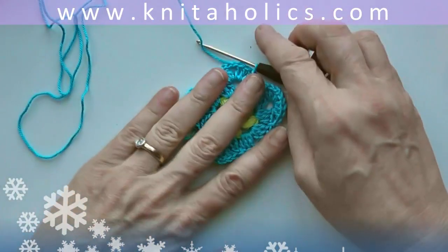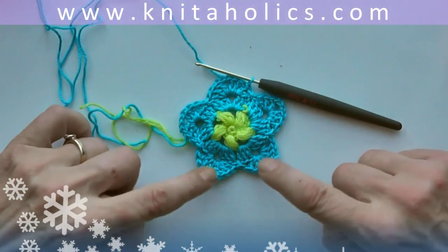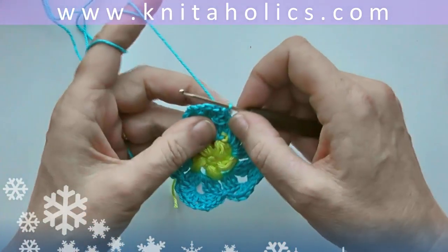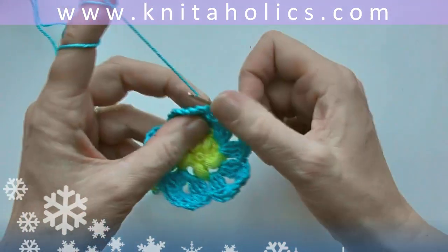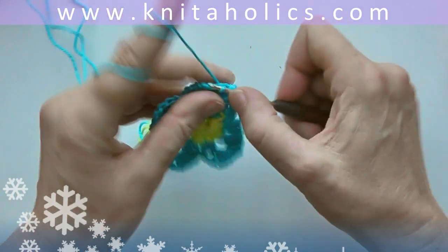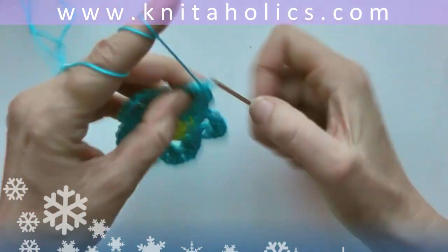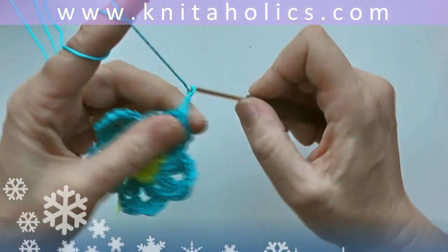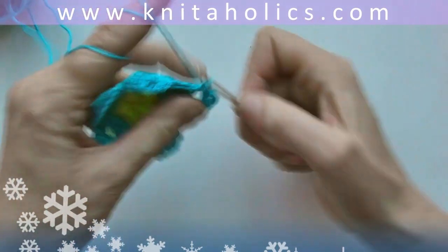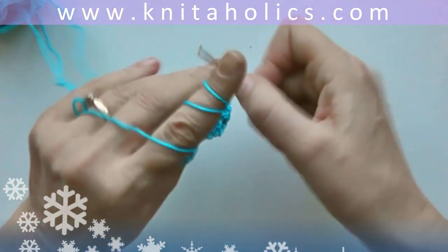This makes up for a cute flower already, but we want a star, so there's one more round of single crochets where we will form the tips. So 1 turning chain as we're continuing with single crochets, and 1 single crochet and another single crochet, and into the chain at the tip 2 single crochets plus chain 3 plus 2 single crochets, and then again 3 single crochets, the slope down,